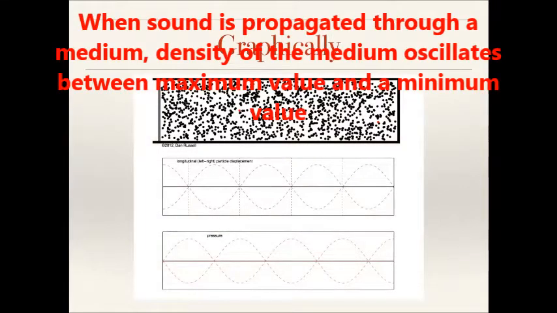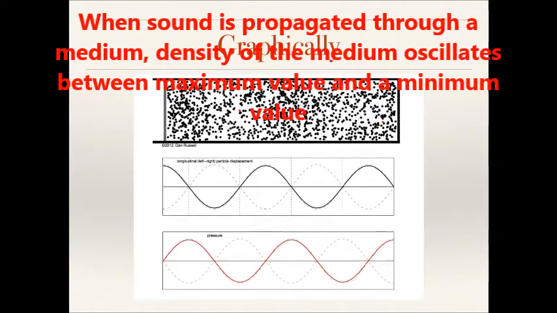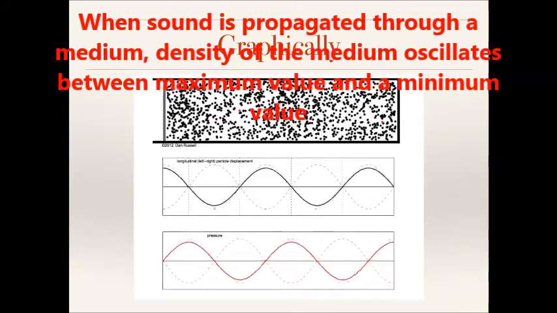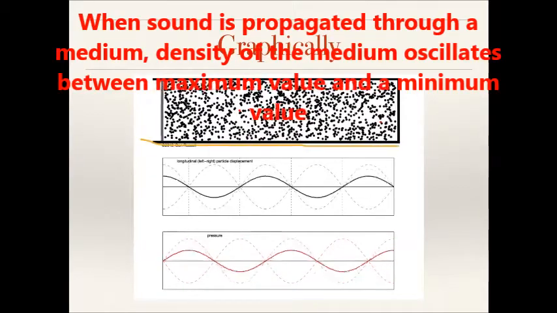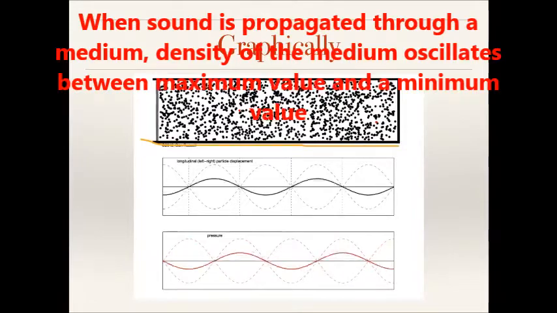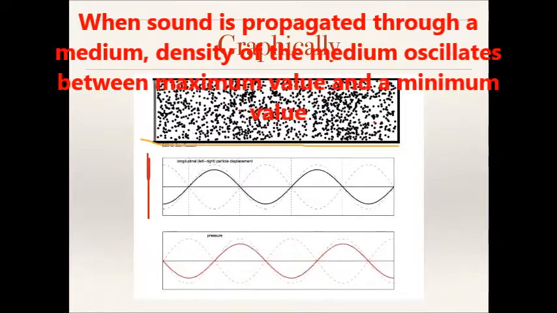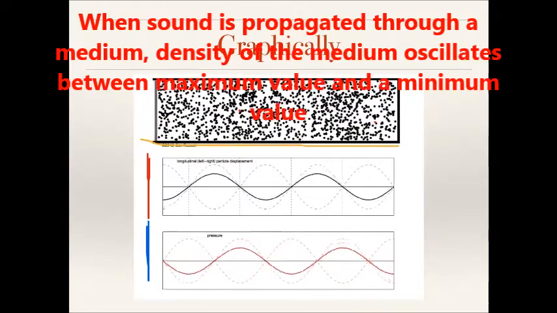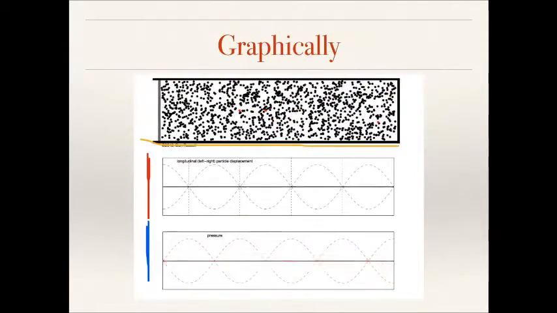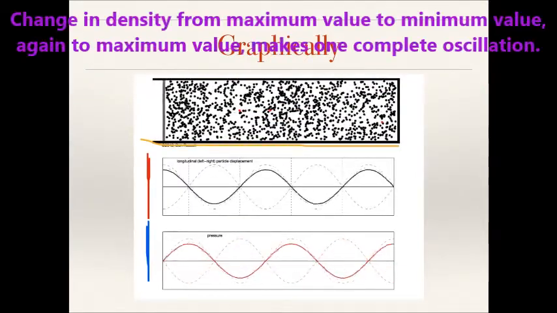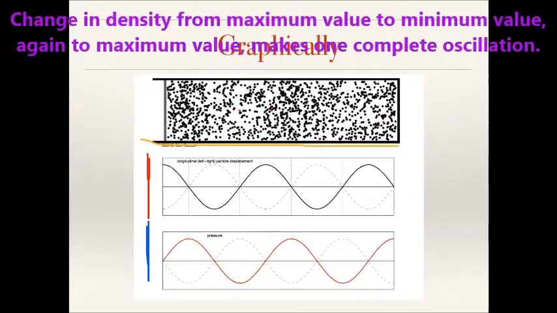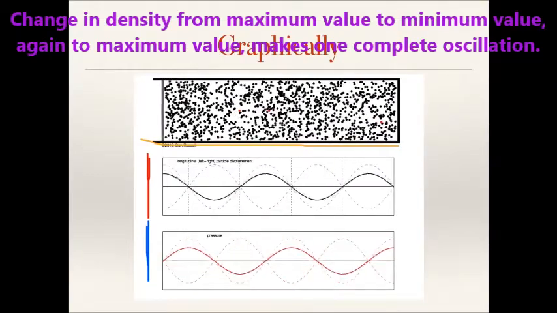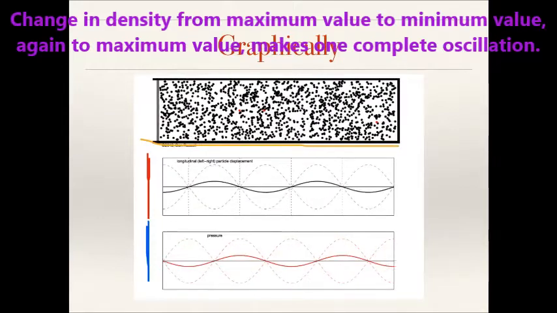We have a graphical representation of the whole thing. This demonstrates quite clearly how they all relate to each other. So if I play it, we have at the top, right here, our longitudinal wave or sound wave. And below that, we have our displacement, and below that, we have our pressure. Some things to point out: in the representation of the sound wave right at the very top, we can see regions of denser particles and less dense particles as the wave oscillates. That corresponds to our compressions and rarefactions.